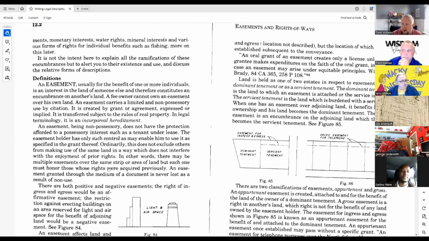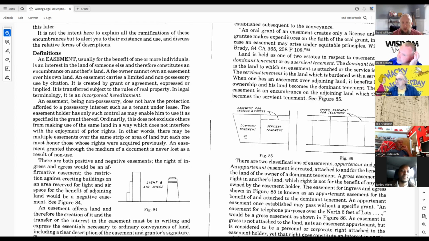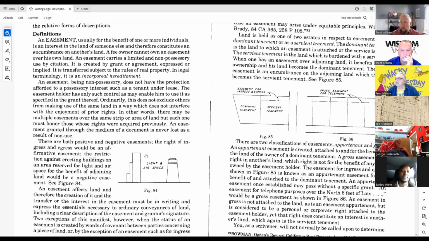And George, in the chat here, says airports have airspace easements all the time. We kind of talked about that before we jumped in here, but we deal with the Air Force Base here, and they have crash zones and no-build zones, and restrictions in height as you move away from the Air Force Base. Then they have runway restrictions, or APZ zones, which would be your nominal crash areas if there were to be an incident, right? So there are no occupied buildings or residential buildings in those areas. Those are generally now just left as open space and farmland because we can't do anything, but those have been recorded over. But absolutely, there's that.